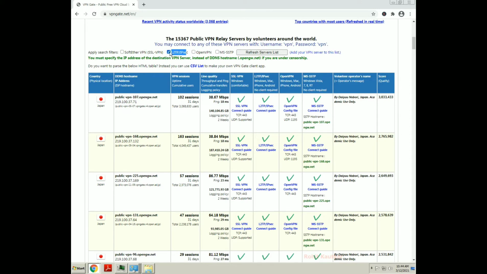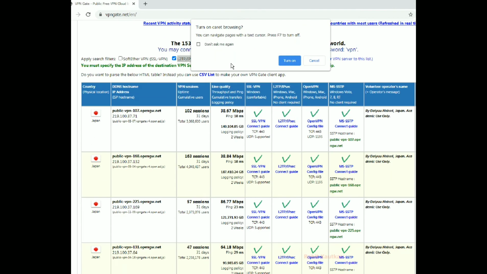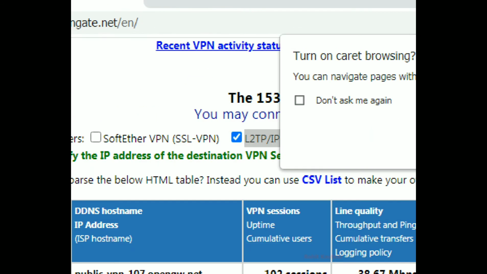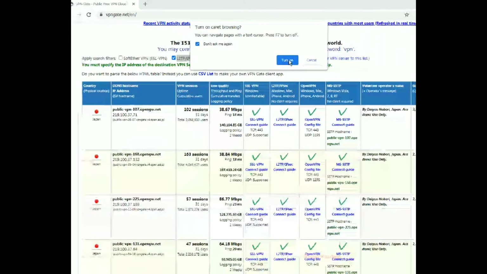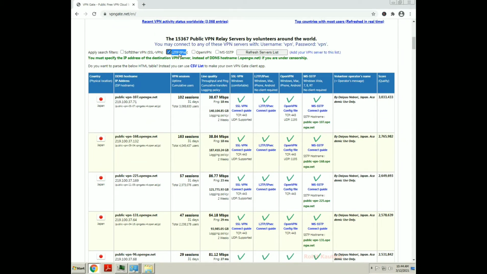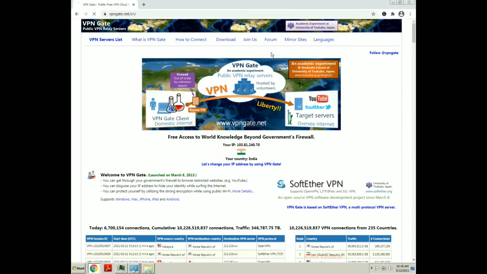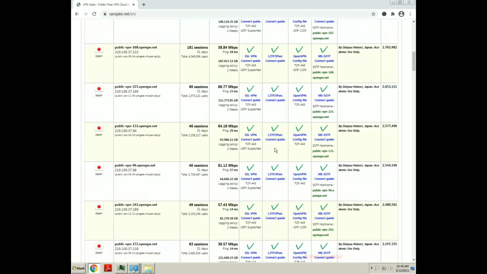By selecting this, as you can see I have selected this, and then I click on refresh server list. Now this list of servers will appear in front of you.